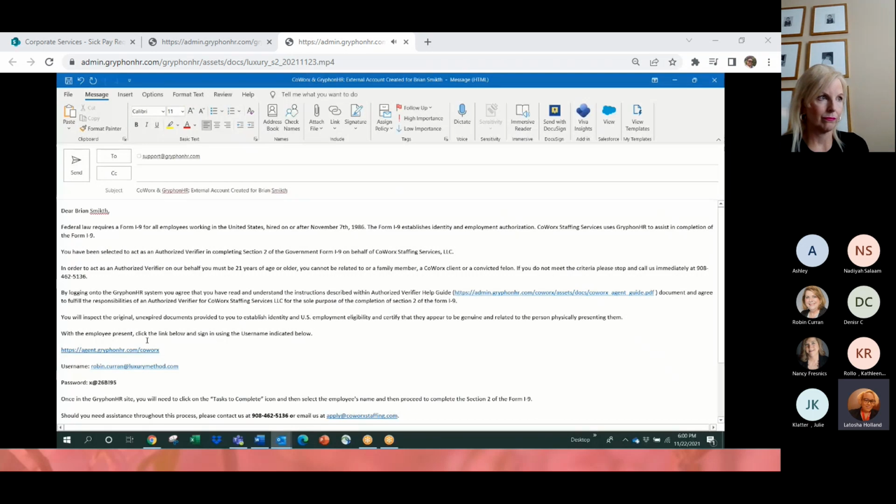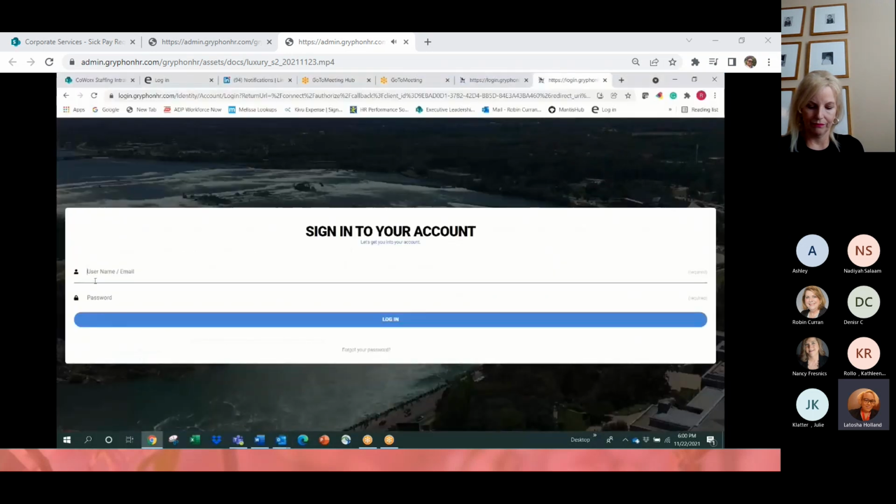There is a link that hyperlinks you into the technology. The username is usually the email address, and then the password is a computer generated password. So my best practice is always to copy that, so that when I click on here to go into the technology, my password is already copied in, and I just need to enter in my username. And to log in,